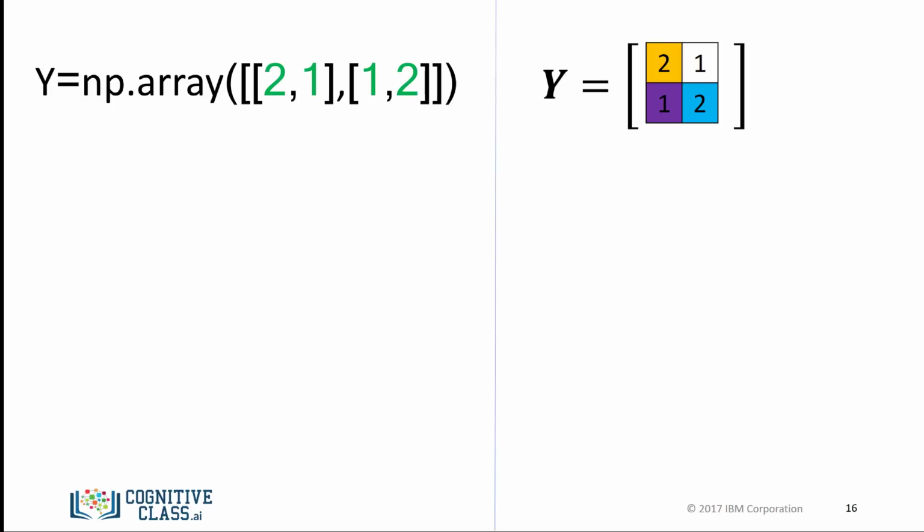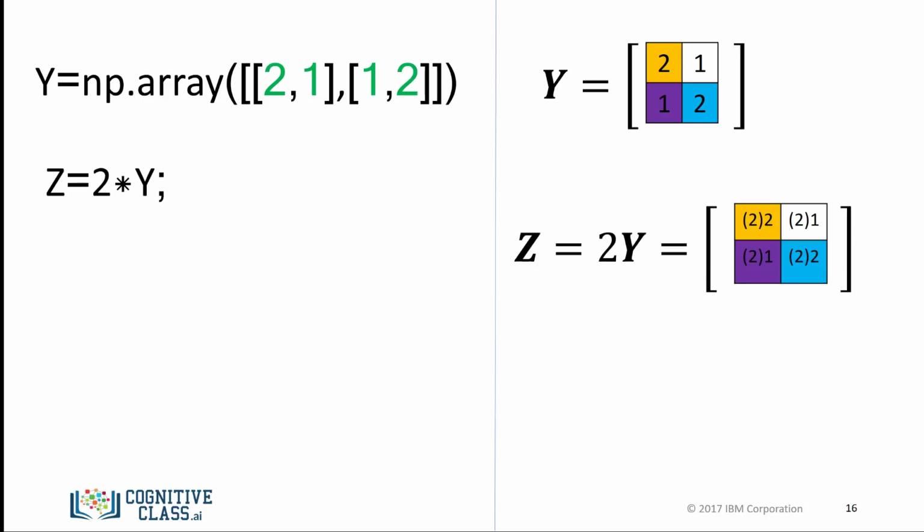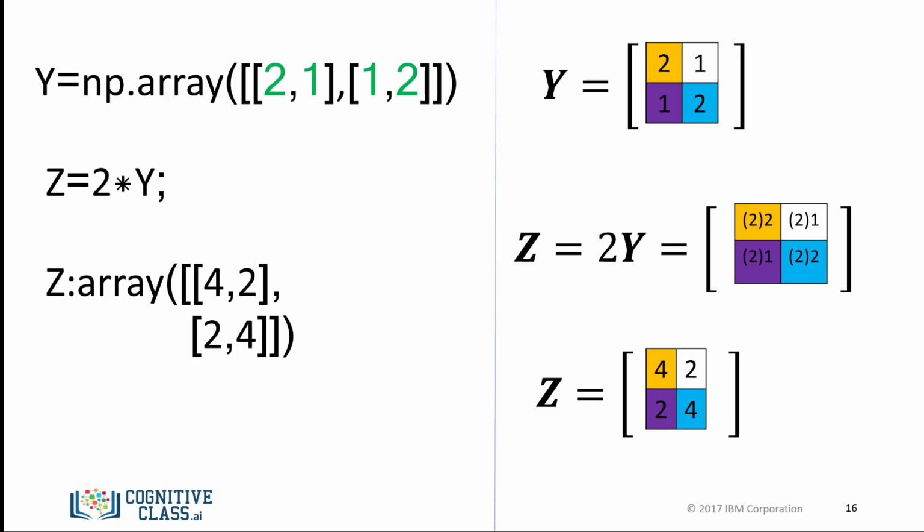The result is a new matrix of the same size where each element is multiplied by 2. Consider the array Y. We first define the array. We multiply the array by a scalar as follows and assign it to the variable z. The result is a new array where each element is multiplied by 2. Multiplication of 2 arrays corresponds to an element-wise product or Hadamard product.